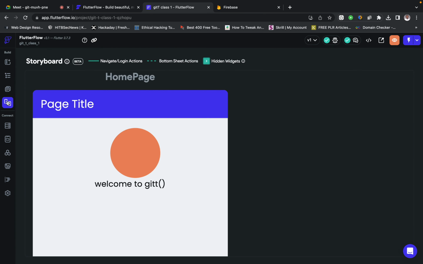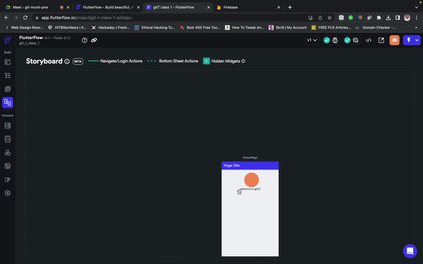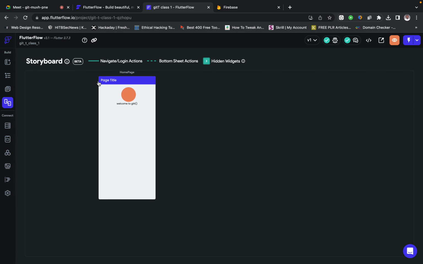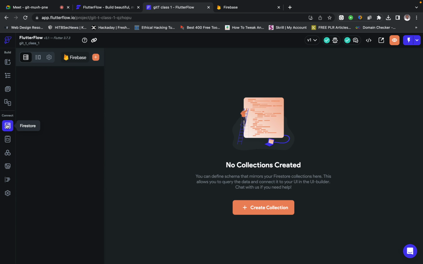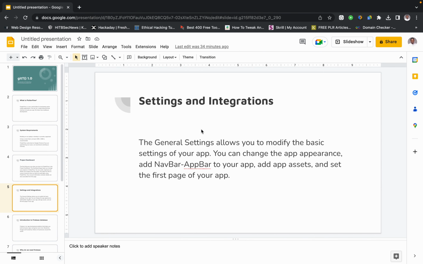So now we're going to come to this side. This part is actually just an introduction in FlutterFlow. This is actually just to show a storyboard of the way you are building your apps. So now we're going to go to the next part. This is where we have our database. So this part is actually going to bring us to